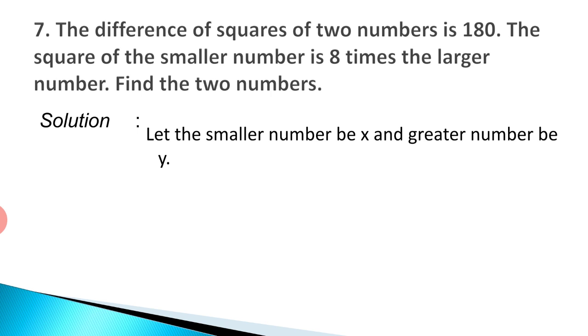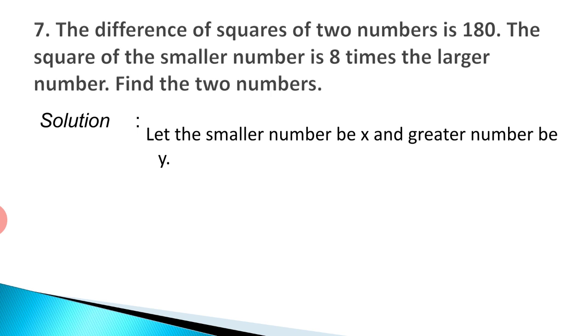y. Now sometimes it is always better to use two variables in the beginning. As we are talking about squares of two numbers, we will go with quadratic equation only. Is it okay? If the question is asked in the paper, then you will think in this manner. You will first decide that you will go with quadratic equation, but in the beginning we will have two variables. Because the conditions are a little complicated, to handle such conditions, you will take x as the smaller number and y as the greater number.